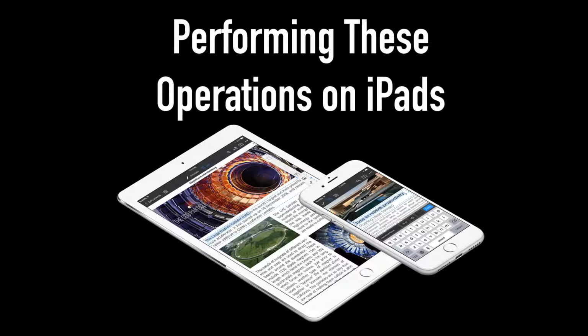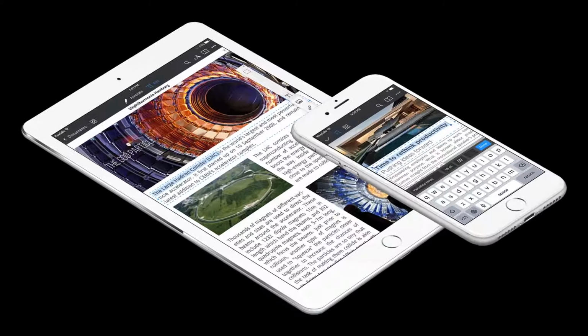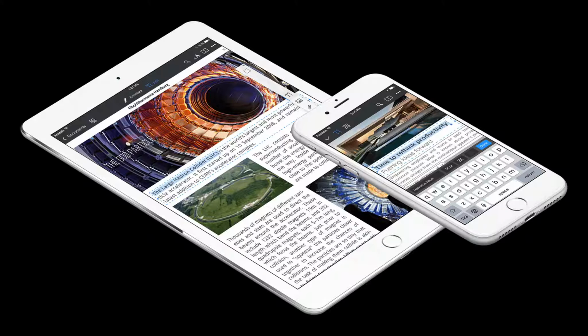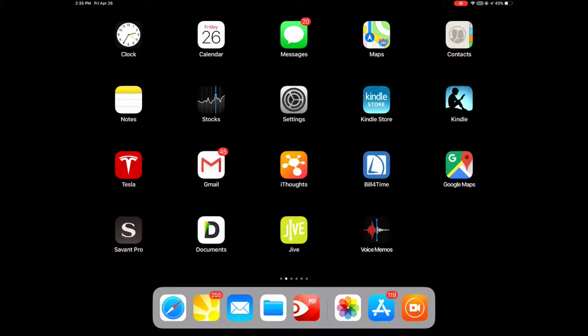Now let's take a look at how to do most of these same operations on iPads and iPhones. This is particularly useful if you find yourself in need of reviewing, annotating, bookmarking, and so forth in a remote location using only your iPad, or in a pinch, even your phone. So now let's talk about performing all of the same operations we just covered in Adobe using PDF Expert on